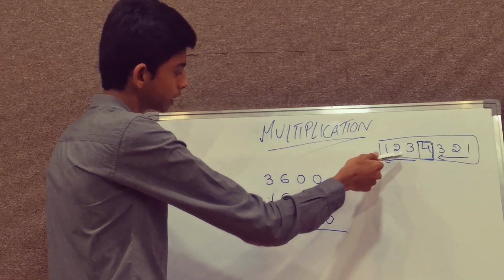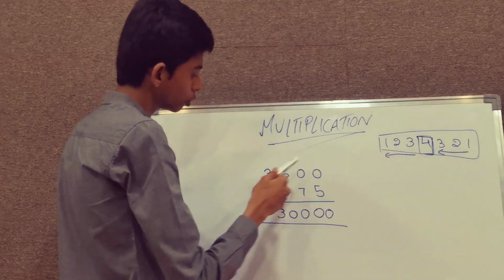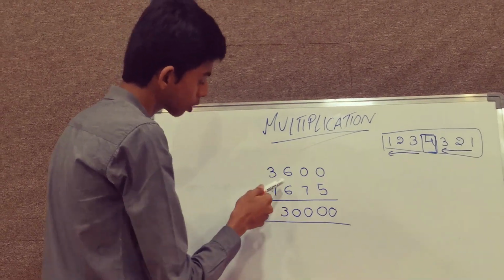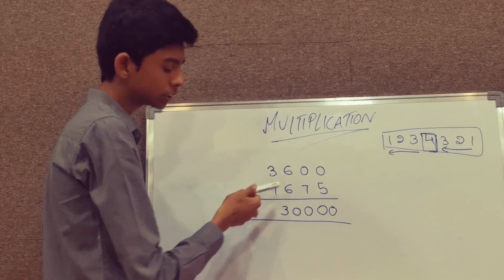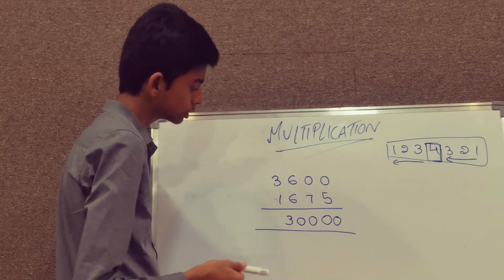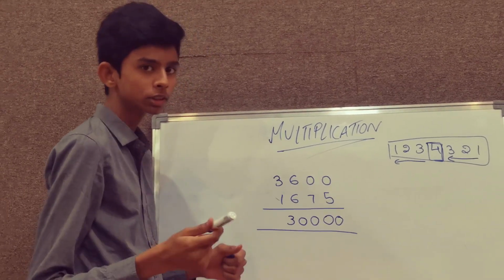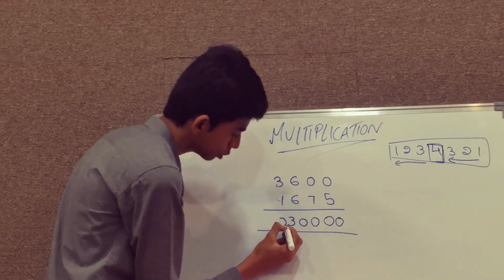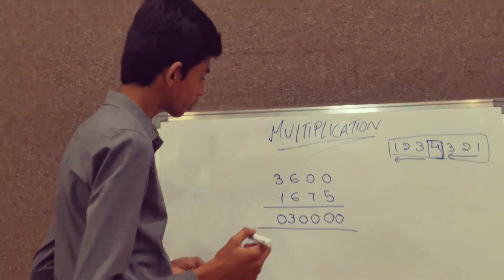And what is the sixth step? You have to take the last 2 columns and then cross multiply. So 6 into 3 is 18. 18 plus 6 is 24. And then 1 into 6 is 6. And then 24 plus 6 is 30. So writing 0 here and keeping 3 in the mind.